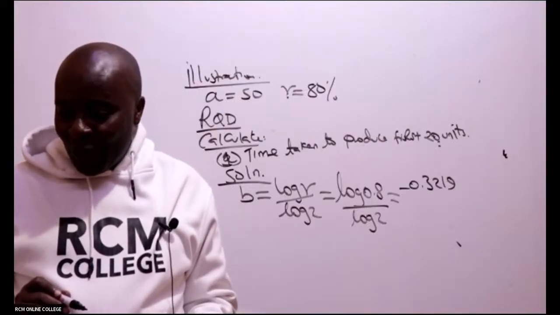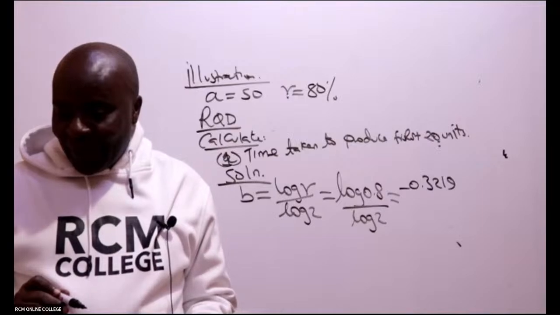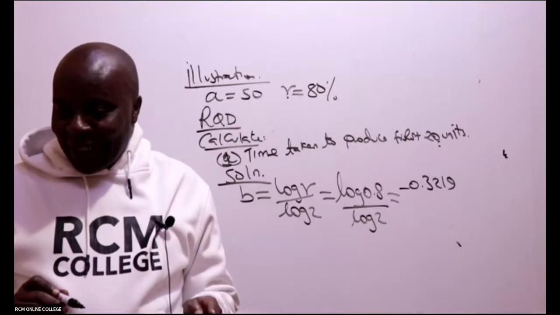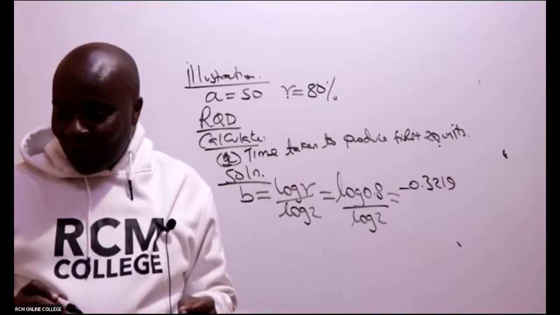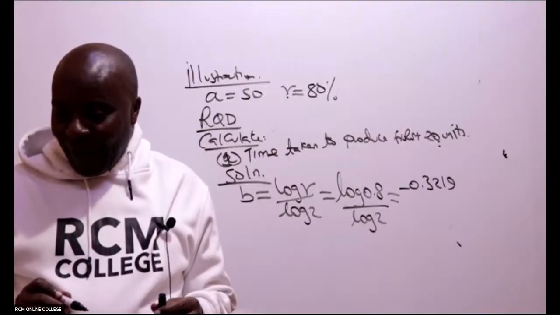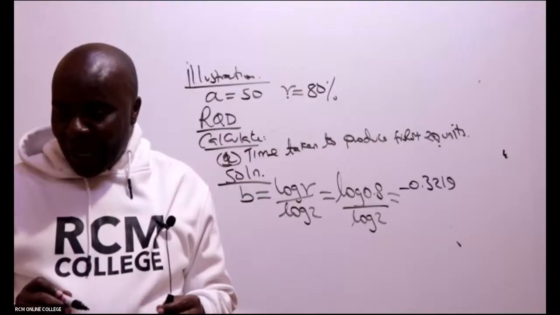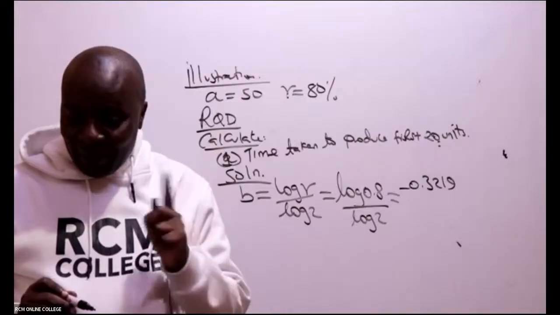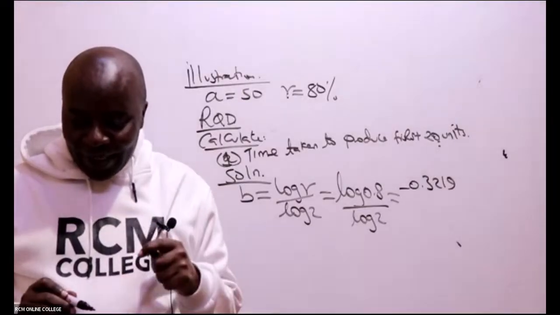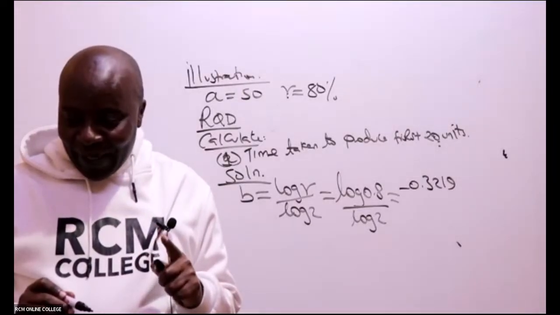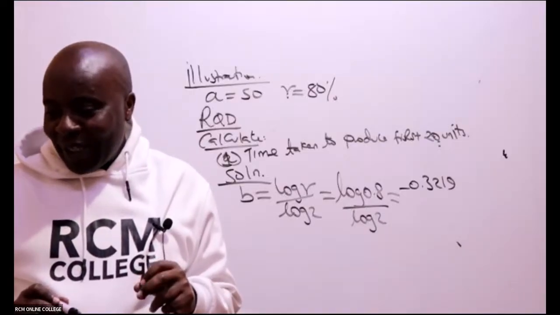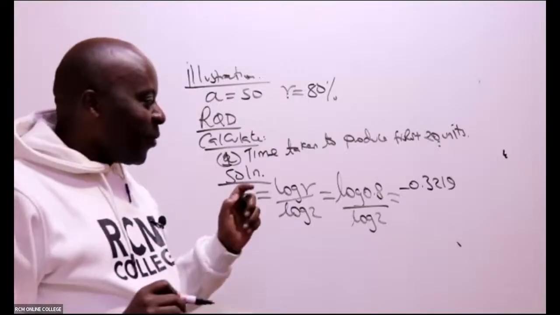Peter, I'm waiting for you. Say log 0.8 divided by log 2. And Wanjiko, you never gave me feedback on whether you got this. I've been looking for you here. I always love feedback. Okay, the final answer. Peter is looking at the final answer.